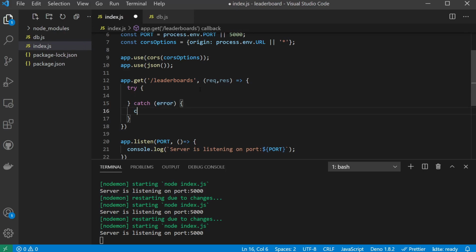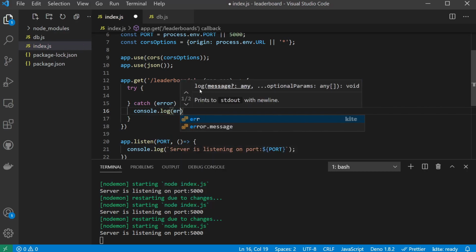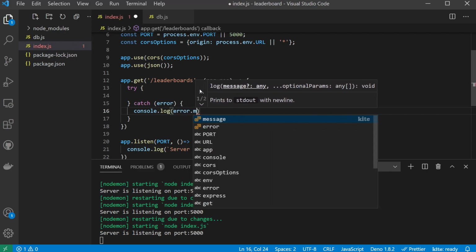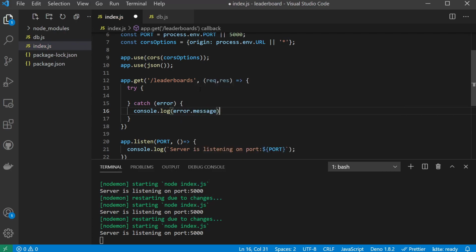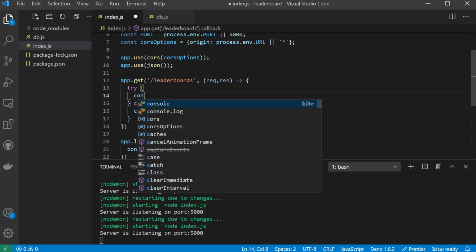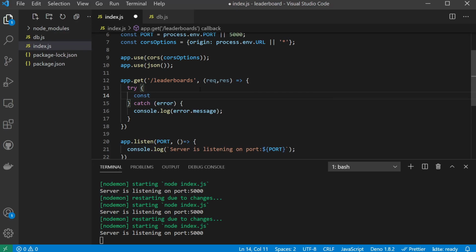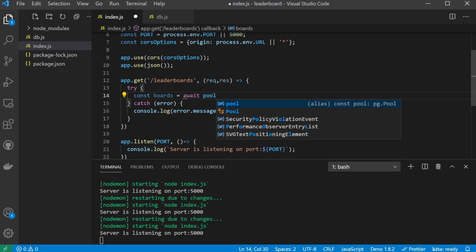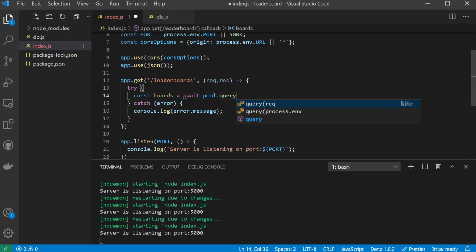Let's handle any errors, so console.log, and we'll just console log out any errors that we get. And I'm just going to say await pool.query,